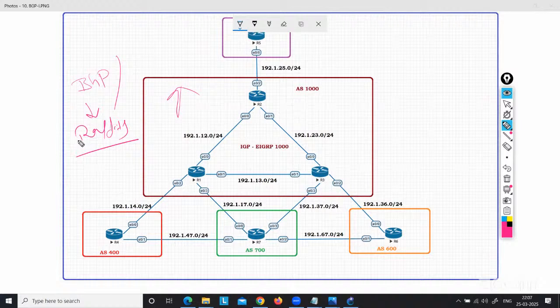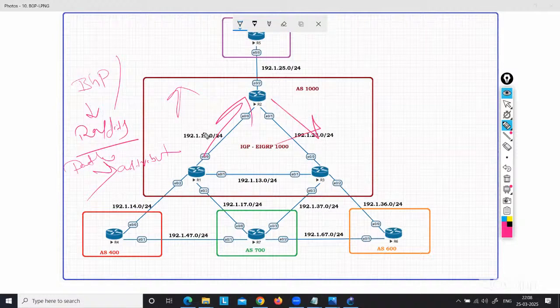Because path manipulation. Yes. The main thing is we are playing with the attributes. I want to send this traffic here. I want to receive the traffic here. I want some of the traffic here, some of the traffic here. But these things will be easily